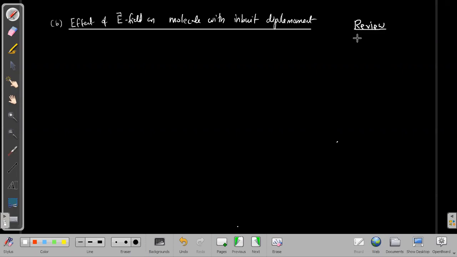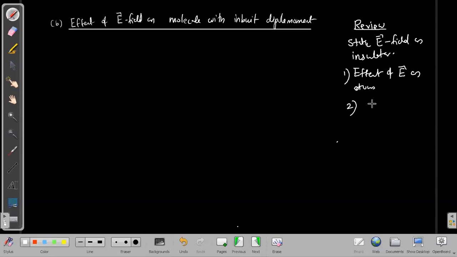So we have just discussed what is meant by electrostatics in matter. This electrostatics in matter is basically the study of a static electric field on insulator. So this is a basic thing that we are going to discuss. For that, the first thing we have done is the effect of E on atom. So this we already discussed. And the second thing is the effect of E on